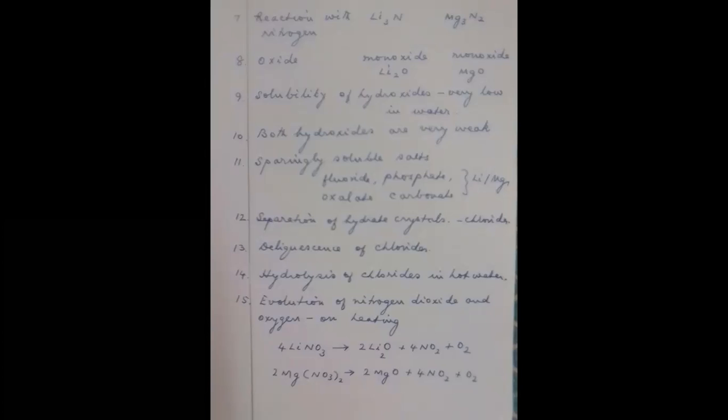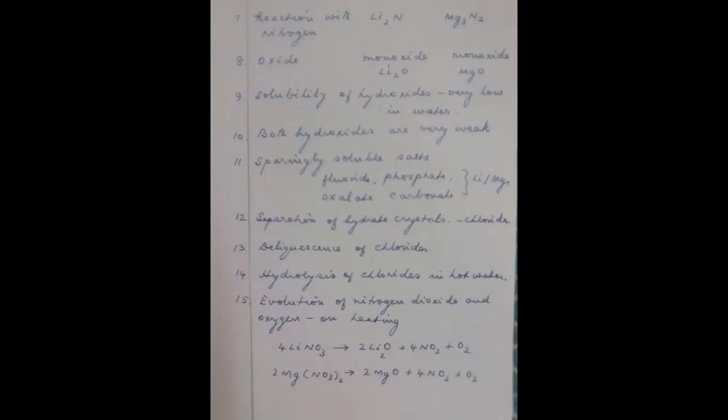Solubility of hydroxides is very low in water. And also both hydroxides are very weak. Magnesium hydroxide is also weak and lithium hydroxide is also weak. And their salts are sparingly soluble. Their fluoride salts, phosphate salts, oxalate salts, and carbonate salts, lithium as well as magnesium, both are sparingly